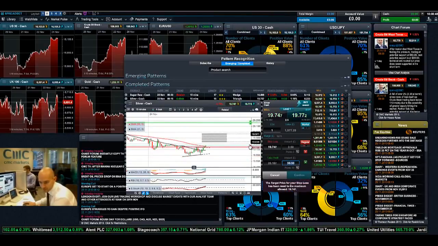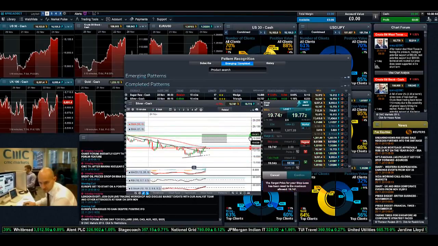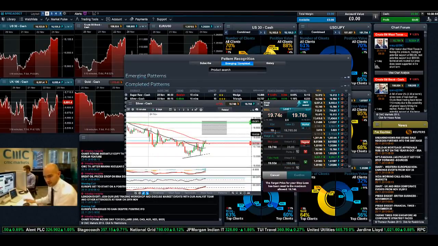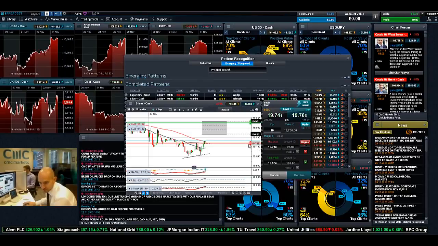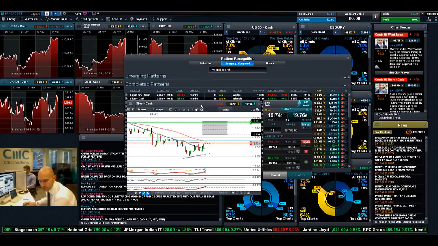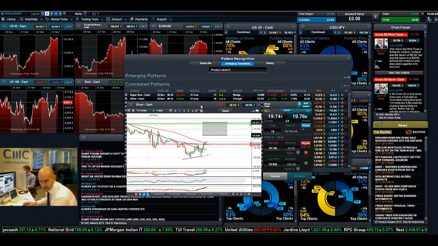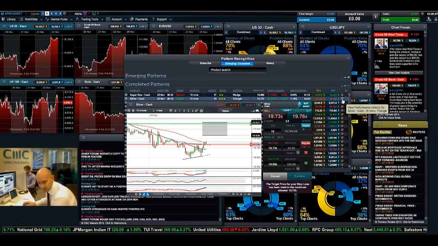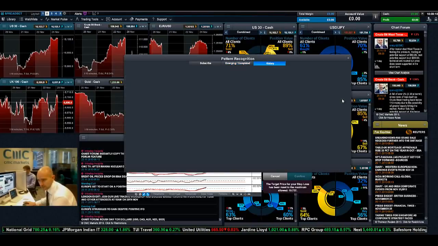Set my take profit to here and my stop loss there. As a matter of fact, let's just change that to 10 and hit return. So in this particular instance, I could be risking 26 to make 192, but I don't want to just do that. Obviously, you want to do your other analysis as well. I also want to see how successful this pattern's been in the past. So I'm just going to left click on here,